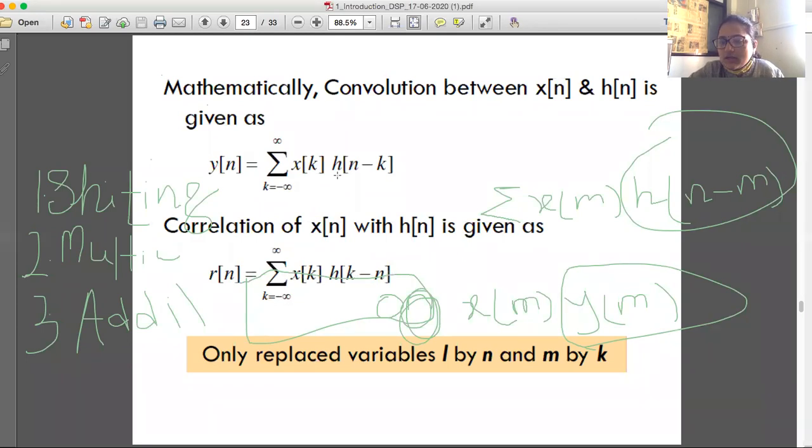Correlation is computed by applying 3 steps, whereas convolution is computed by applying 4 steps. Because of that, their applications are different. The application of convolution is the filtering operation. The application of correlation is to calculate the matching between 2 signals, in order to find out the similarity. So one is supposed to use convolution to perform filtering, and correlation for matching.